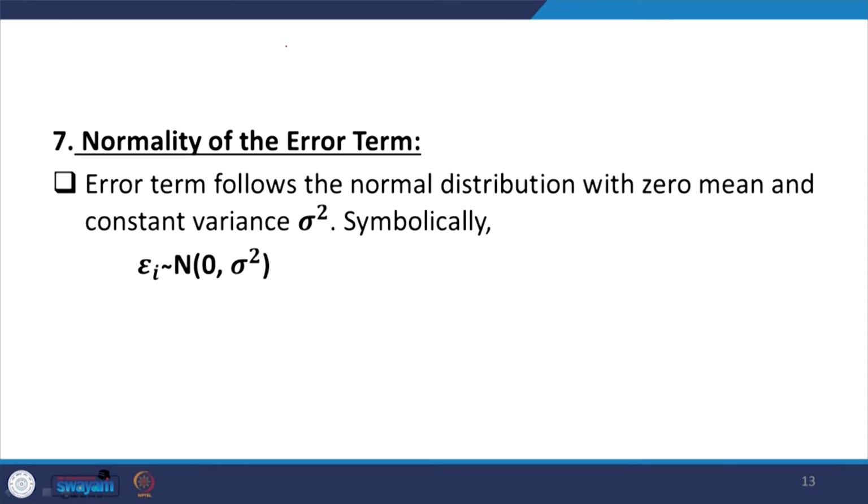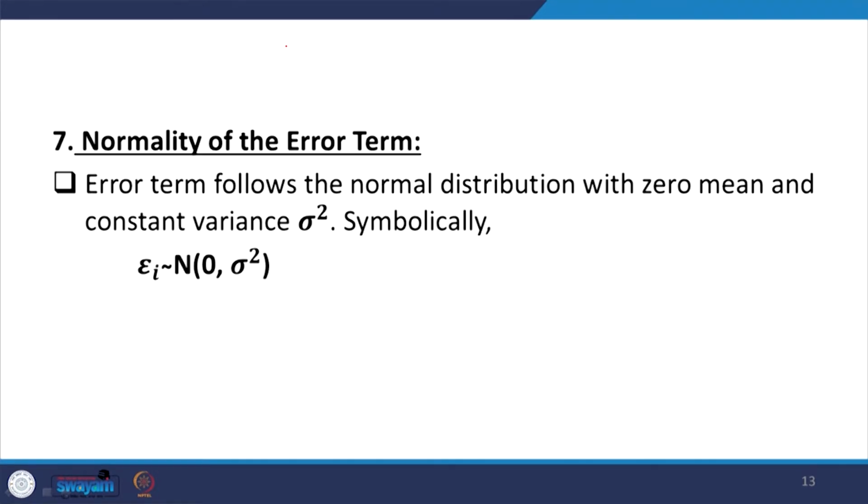So, the next assumption is normality of the error term. The error term must follow a normal distribution, having 0 mean and constant variance. We have already assumed that the variance must be constant, and also that the expected value of the error term should be equal to 0.